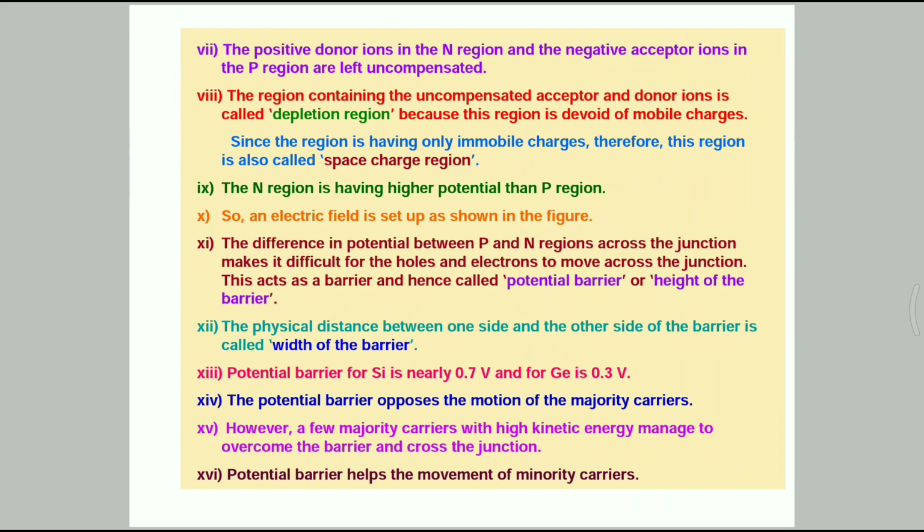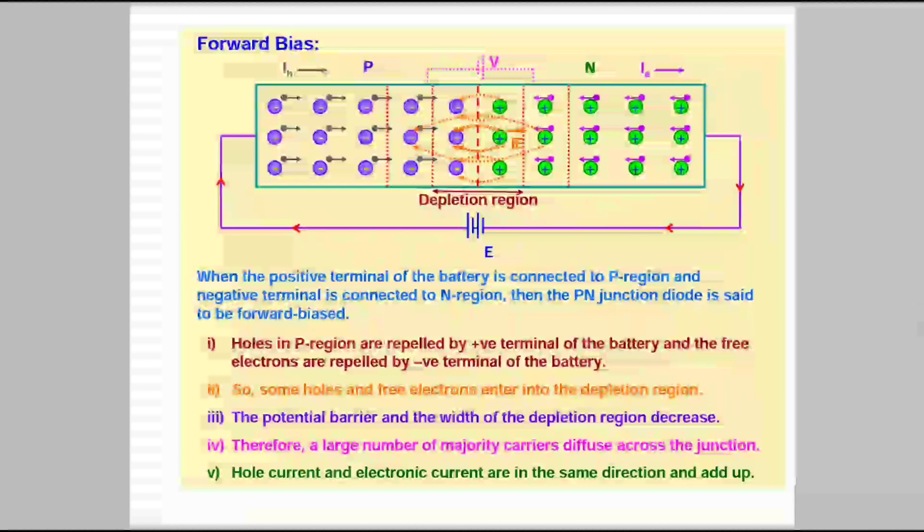Here some properties will change when applying a battery to the PN junction diode, that is, the semiconductor diode. Whenever the P type is connected to the positive terminal and the N type to the negative terminal, it is called forward bias. A semiconductor diode or PN junction diode is basically a PN junction with metallic contacts provided at the ends for the application of an external voltage. It is a two terminal device.